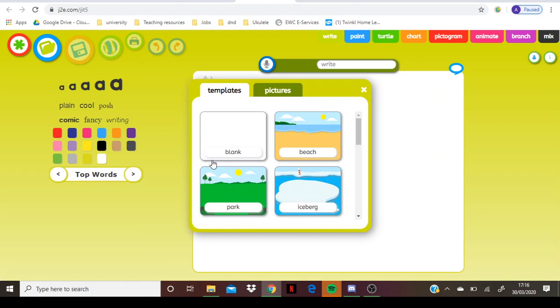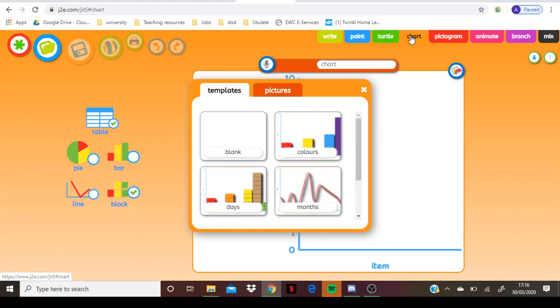The whole point of this is them exploring different charts, and it's their opinions of it. So which chart do they feel is the best chart? So we're not giving them the information saying, you know, bar chart is good for this, this, and this. They're exploring themselves. So you click on chart, the little orange tab,